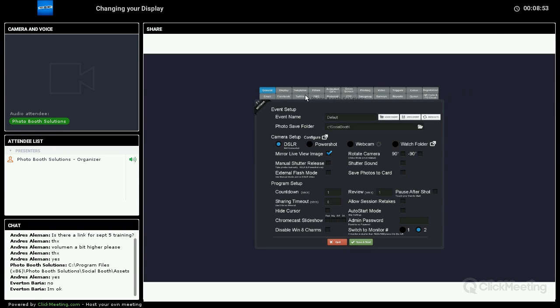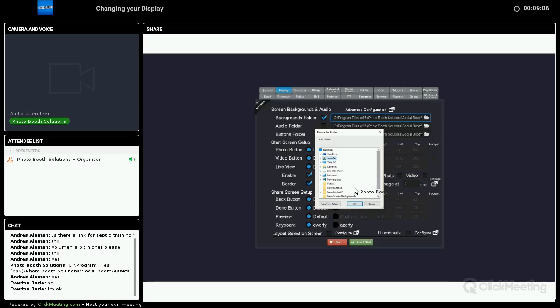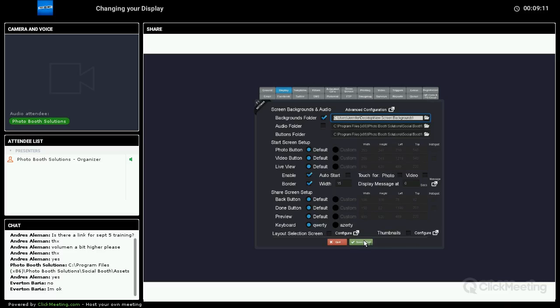If we're going to go ahead and change all of our backgrounds for one specific event, the easiest way to do that is going to be to go into your display, check the backgrounds folder box, and then change what folder it's pointing to. So right now, if I just select my new screen backgrounds and hit save and start,